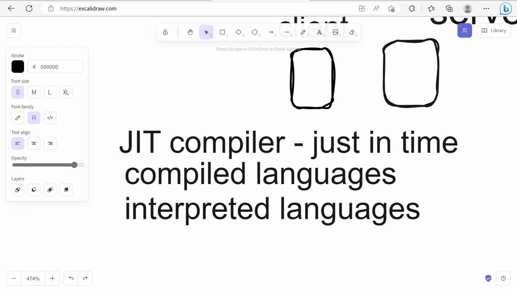To improve the performance of our JavaScript, this just-in-time compiler transforms our JavaScript into binary format, meaning 0 1 0 1 like things. At the time of execution in the browser, whenever our JavaScript is executed, this just-in-time compiler compiles our JavaScript into binary format